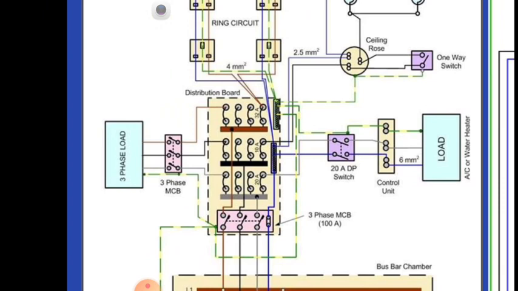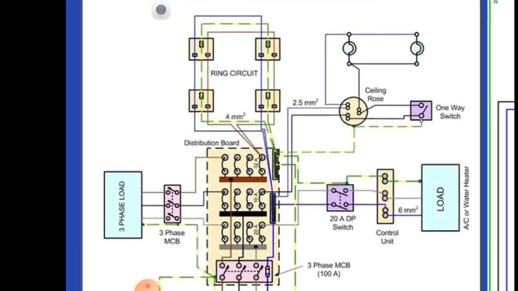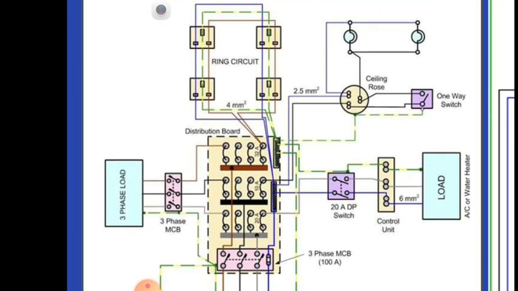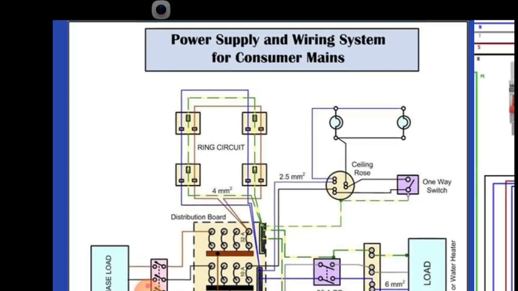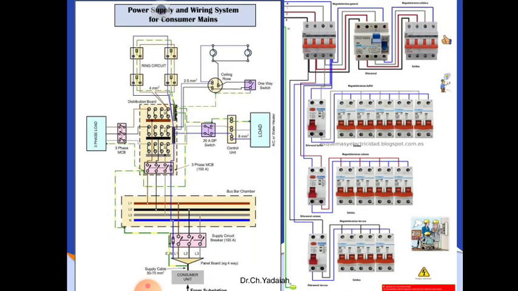From 3-phase we can take the single phase or we can take the 3-phase supply. So here, on the left side we can see one 3-phase load, whereas on the right side we are going to take only the single phase supply, and further we are going to other loads by going to the extension of this. So this is the basic idea of 3-phase supply in domestic appliances, and this circuit diagram is implemented by using the latest protective devices, that is the MCBs.